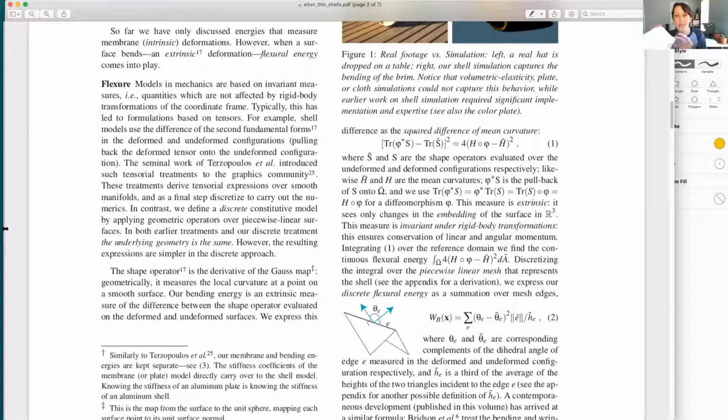So maybe I don't need that much external force to make this part of the paper bend a little bit. But if I want to flatten out all of these triangles, I'm going to have to take it quite far away from its rest configuration. So those dihedral angles will bend much more